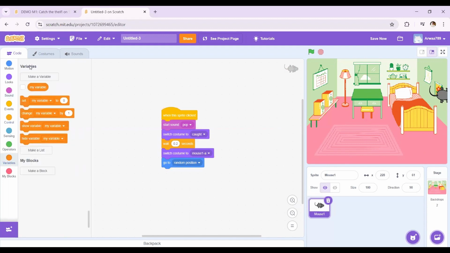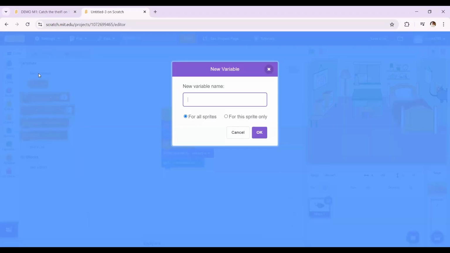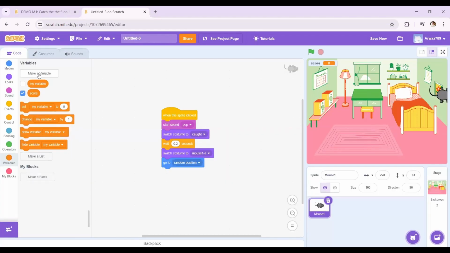a score. So whenever you are adding a score, you want to make a variable. Variables are like a box. They store information, and then you can use it for later. You can use it later, and you can also change it. So let's make a variable score here, and we can go ahead and then set the score at the start